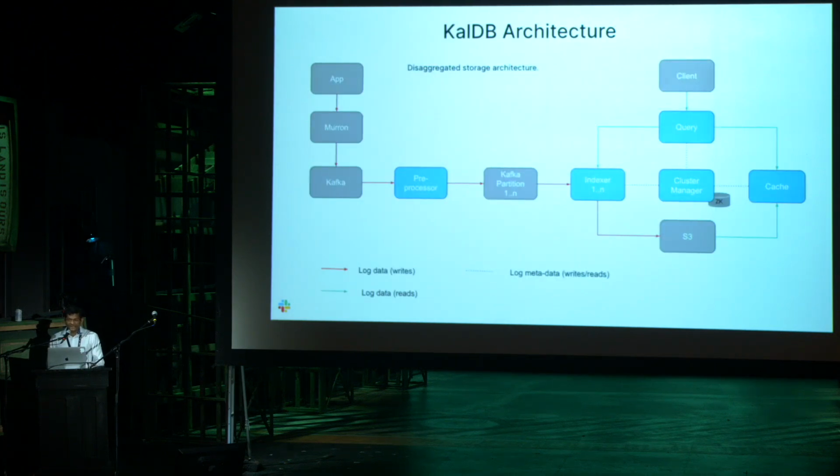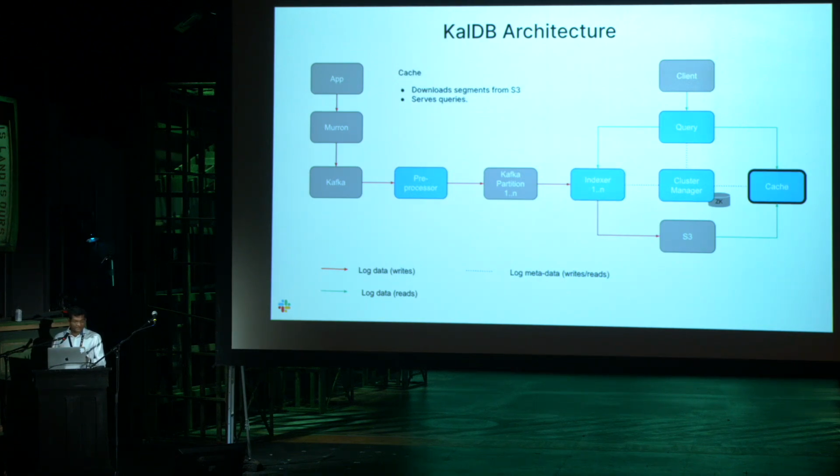So the architecture of KalDB looks something like this. Just like before, you have an application whose logs are gathered by Neuron, and those logs are written to Kafka, right? The first component in KalDB is the preprocessor. The preprocessor does 3 things. It formats the logs, enforces quotas, and routes the data to a specific Kafka partition. From this Kafka partition, the indexer takes over. It indexes the data into a Lucene index. Periodically, it snapshots the data into a deep store like S3, and it can also serve live queries against the data it indexed.